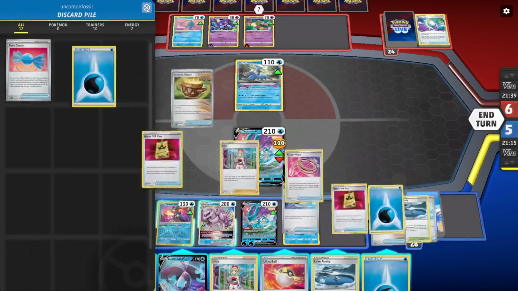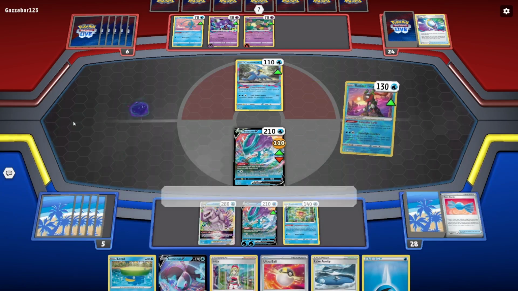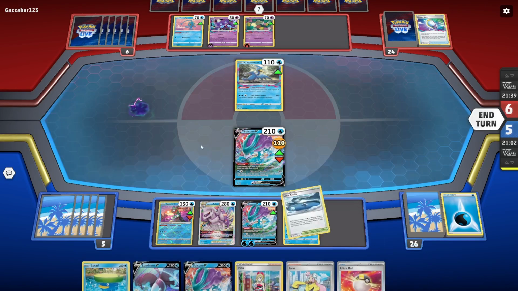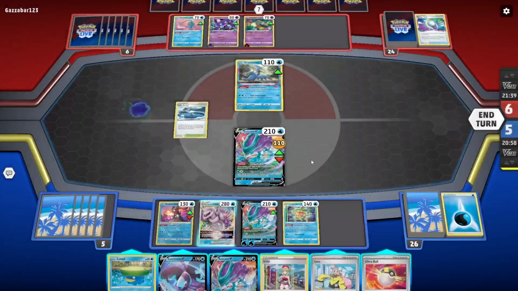So right now I have 2 energies in the discard. I will toss a third in. Jet Energy would be nice here actually as well. Do I want to... I'll reduce my damage, which actually keeps that Suicune alive potentially. I will now...